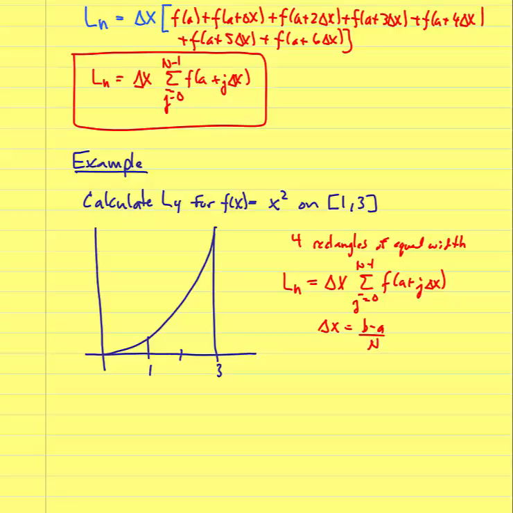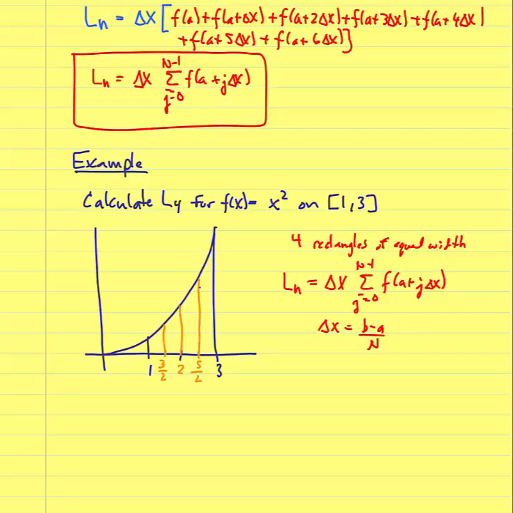Now I notice if we want 4 rectangles that 1, 2, 3, this midpoint right here would be 1.5 or 3 halves. And in fact, last one I used decimals. I'm going to put this as 5 halves because we like to work with improper fractions. Actually, that's 3 halves. Here we have 5 halves. So I have these rectangles,